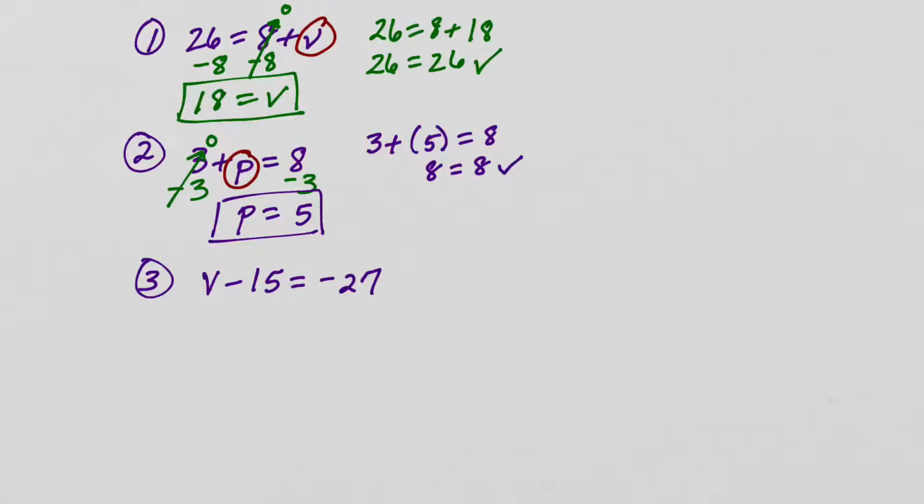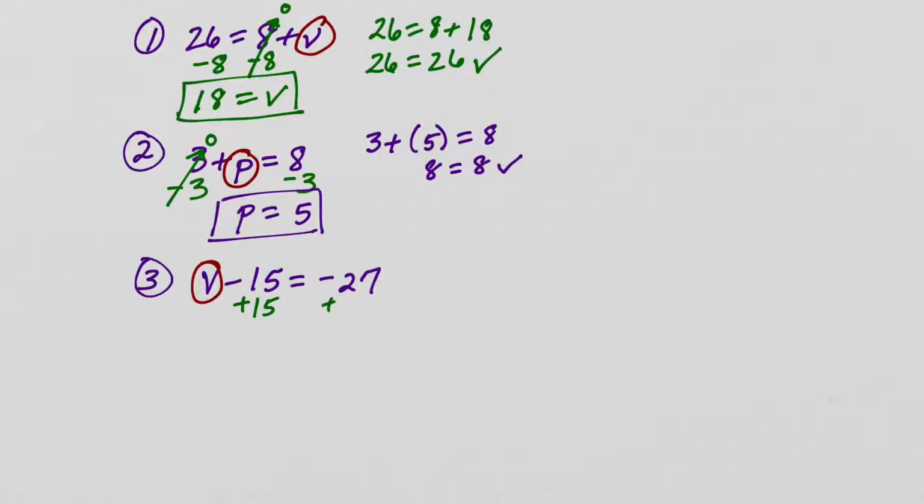First thing we do is we look for our variable. In this case, we have a variable term. We want to get rid of the minus 15. I always add its opposite. So the opposite of a minus 15 would be a plus 15. And I would have to do that on both sides to keep my equation balanced. Negative 15 plus 15 will add to 0. I get v minus 0, which is just v, equals